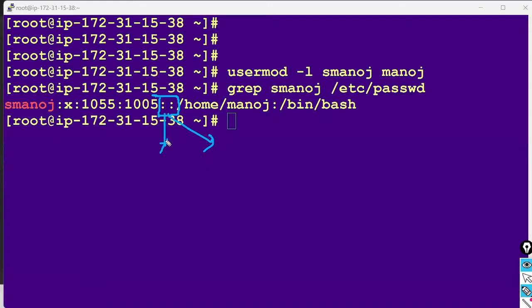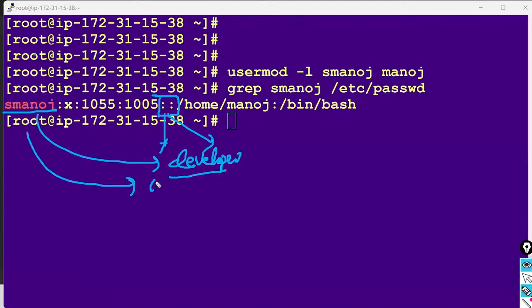But in this space I can add something, for example that S Manoj is a developer, or a QA engineer, test engineer or DevOps engineer. Like that, I can specify a designation for them.